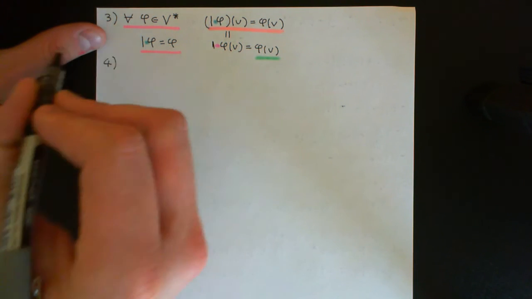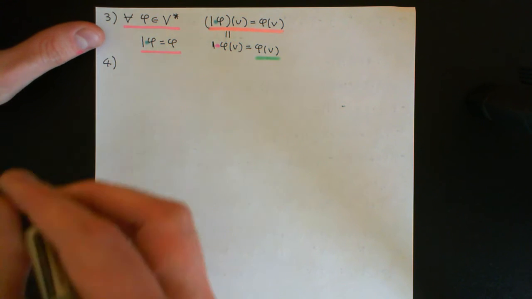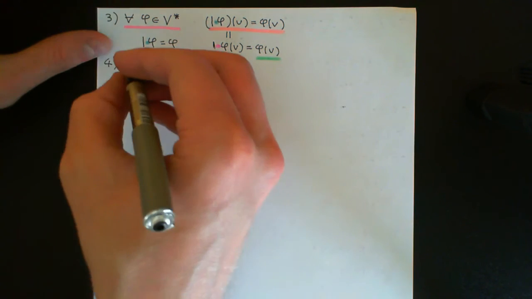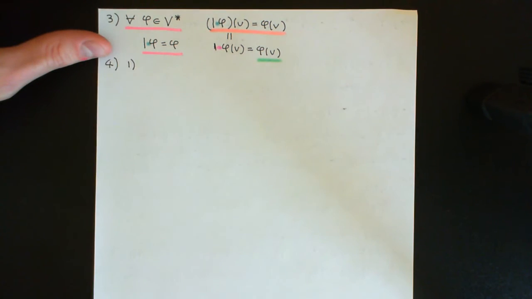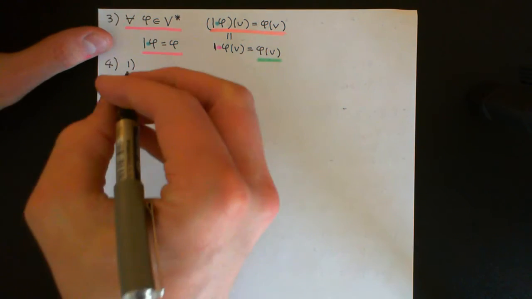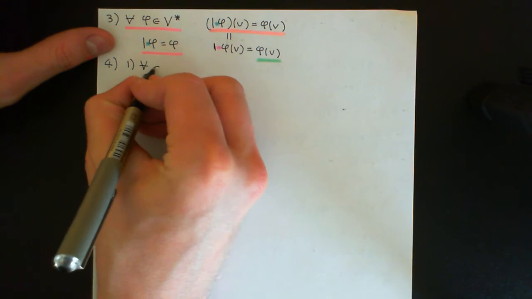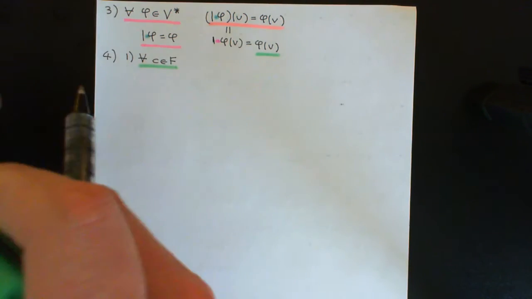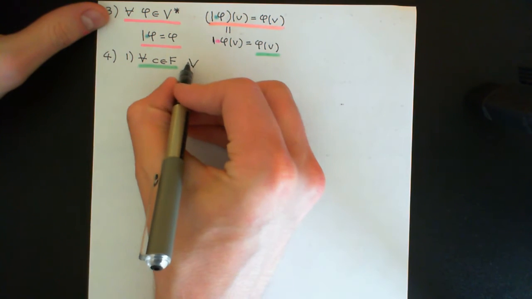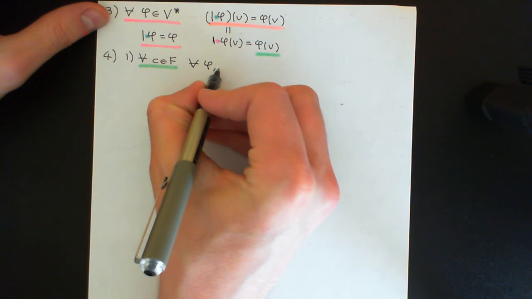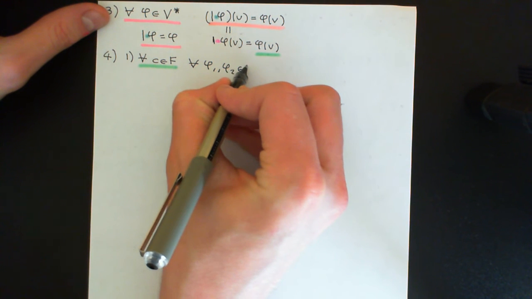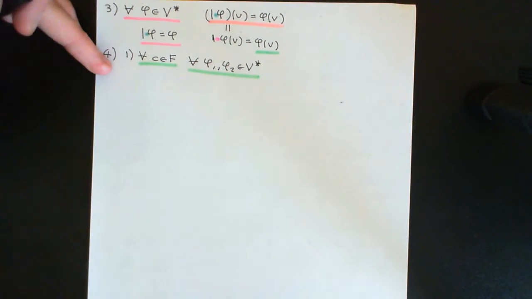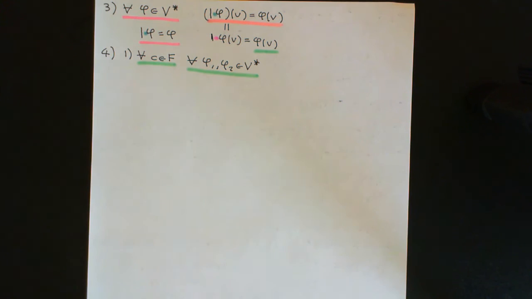So there are two parts to axiom number 4 that scalar multiplication must obey. Part 1 is the first distributive law and part 2 is the second distributive law. Okay, so the first distributive law is where you have 1 scalar from the field and 2 vectors from your vector space. So let's say for all C an element of the field, capital F, so take any element of the field, capital F, and take any 2 vectors from your vector space. In this case we'll take phi1 and phi2 from the dual vector space here, so for all phi1 and phi2 that you can possibly come up with from the dual vector space, it must be the case that